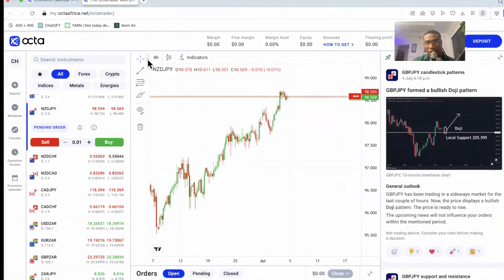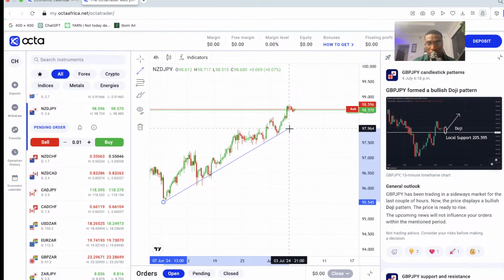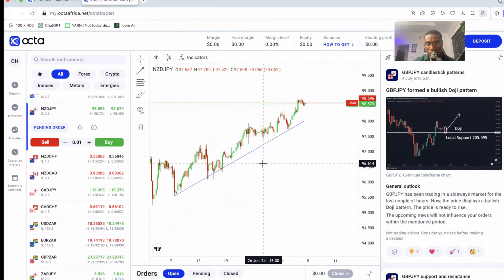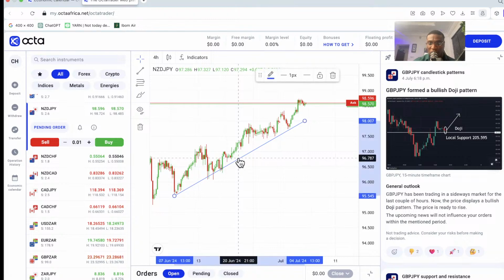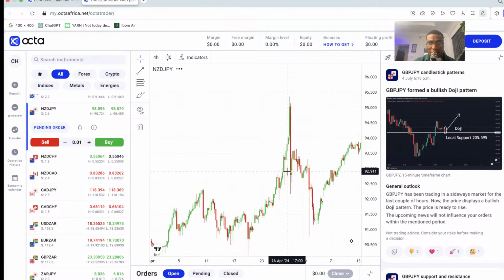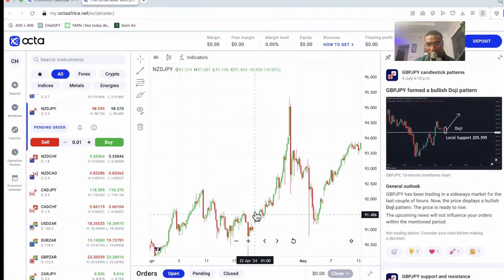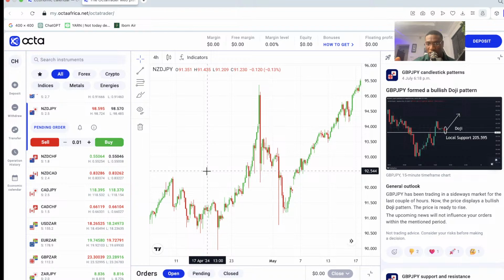And again, if you're new to Octa Trader, this is where you have your tools, the objects that you're going to be using. Your trend line is here. You can always use your trend line to align across the swing lows. If you're going to be identifying an uptrend, your trend line has to be drawn along the swing lows. For a downtrend, I'm trying to look for a downtrend to give you guys an example. Let's say I get one. But for a downtrend, it's going to be drawn along the swing highs, at least 2 or more swing highs, then you can draw your trends.